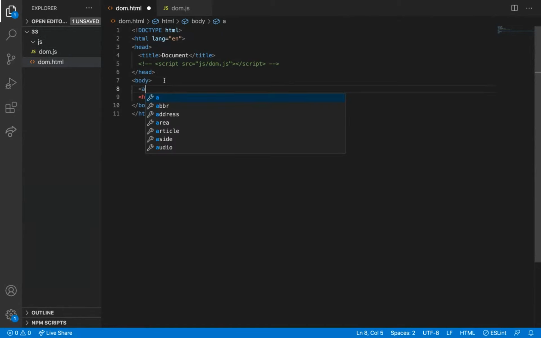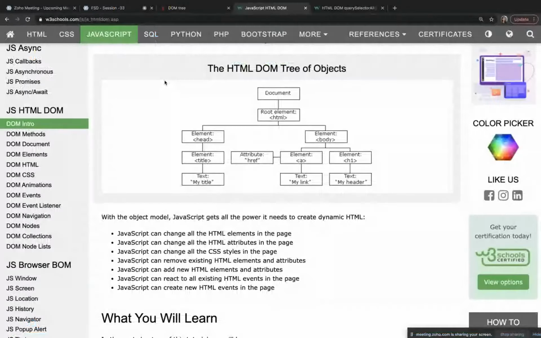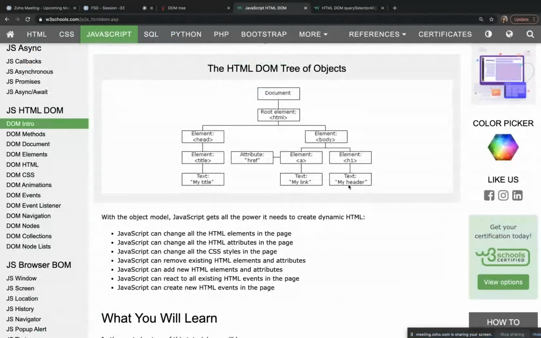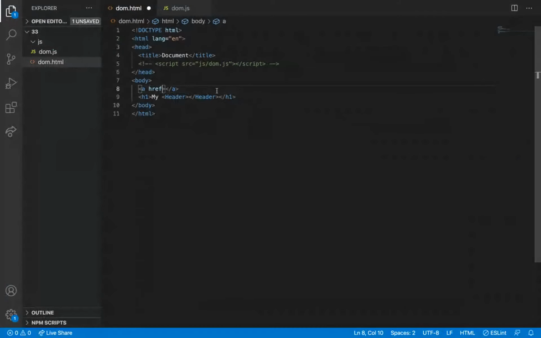So there is an a tag with an href attribute, and an h1 tag which contains the text my header. So by seeing this tree, I can make my HTML.